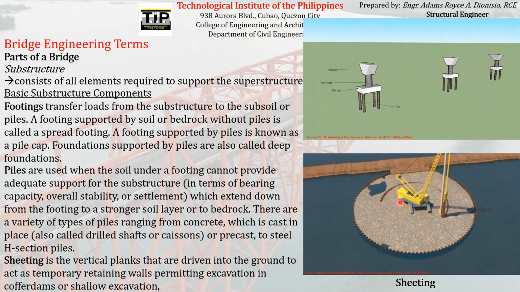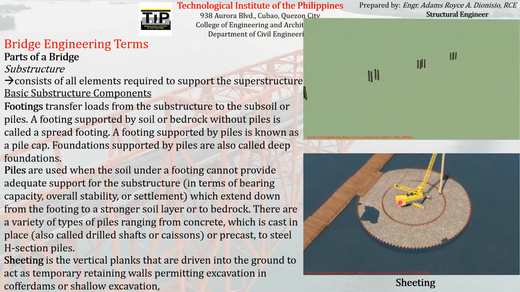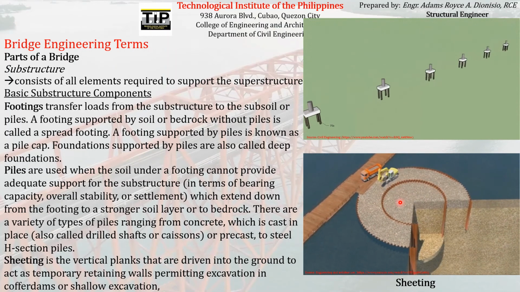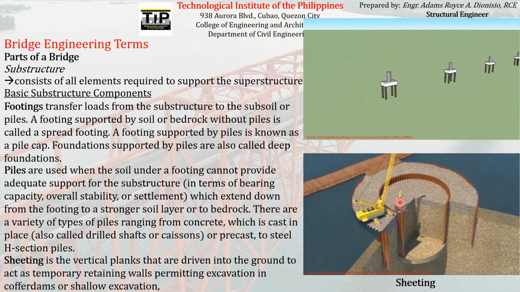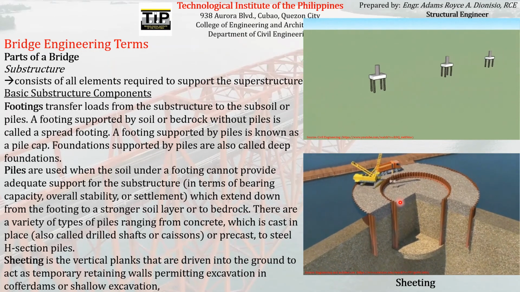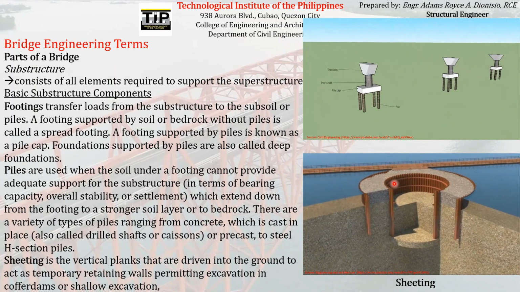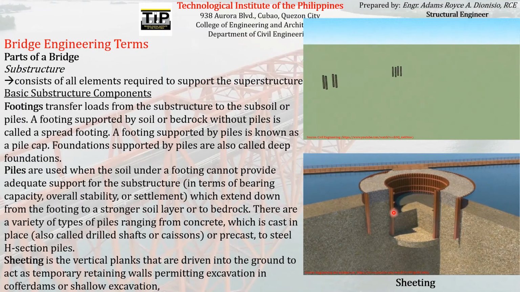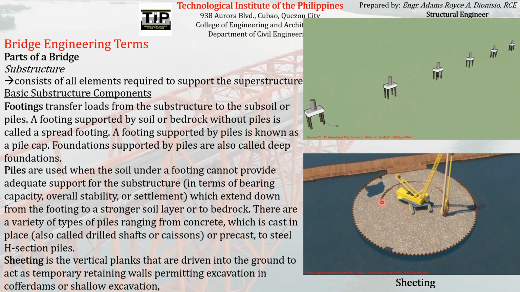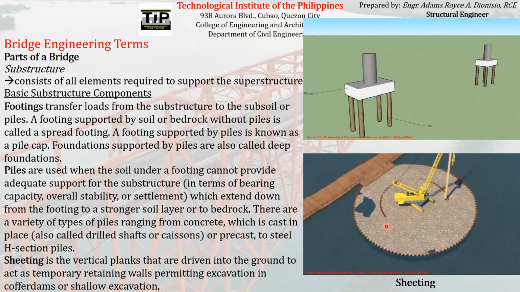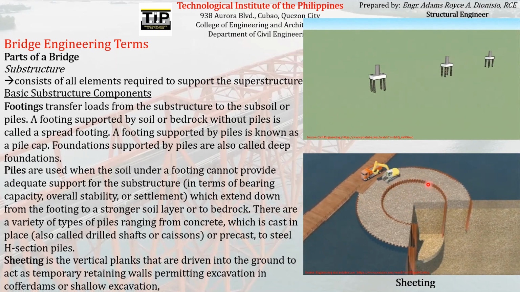In actual construction, to provide a temporary retaining wall, especially on projects located on bodies of water, we conduct what we call sheeting, wherein we insert several vertical planks deep beneath the earth, beneath the water surface,